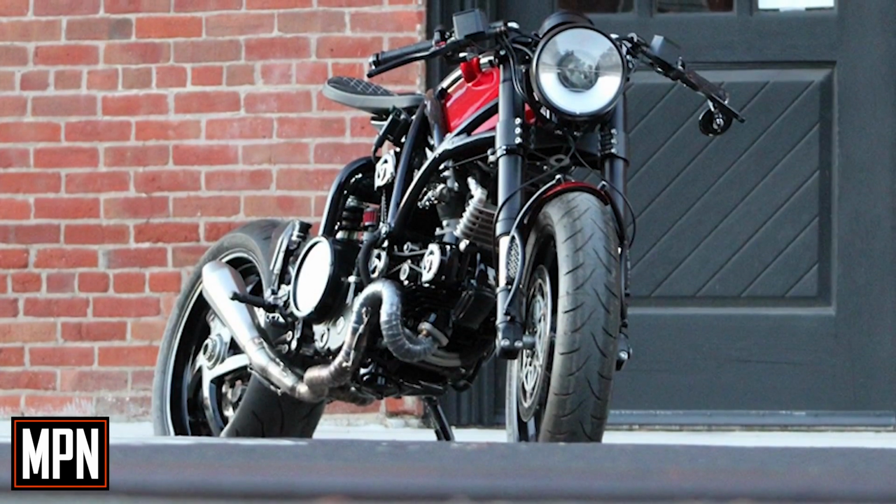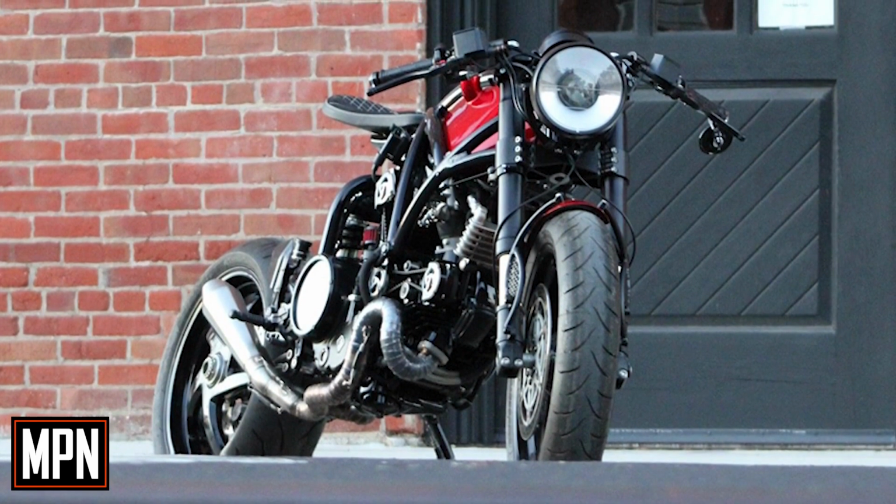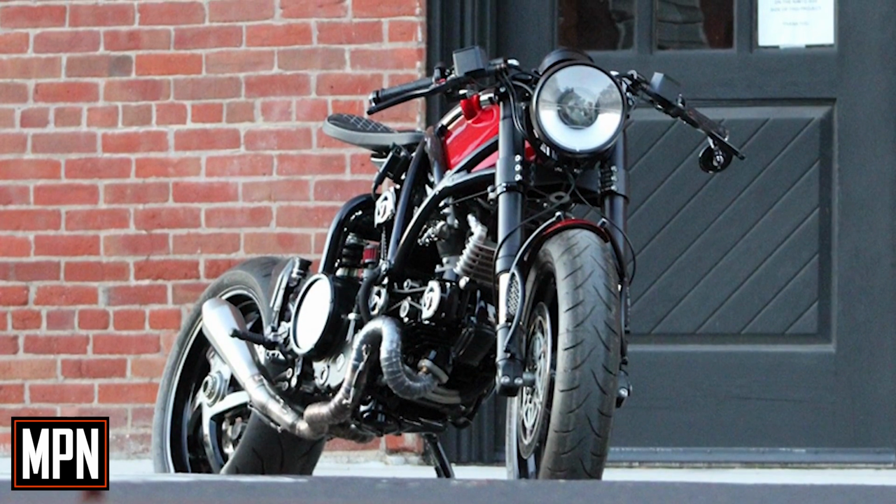In fact, the only aspect of the build he didn't take on himself was some powder coating work. He personally completed all the painting, metal fabrication, and electric work in a single car garage. Some of the modifications and fabrication work included complete custom chassis fabrication, an upgraded Ducati S2R fork assembly, a Meyer-built